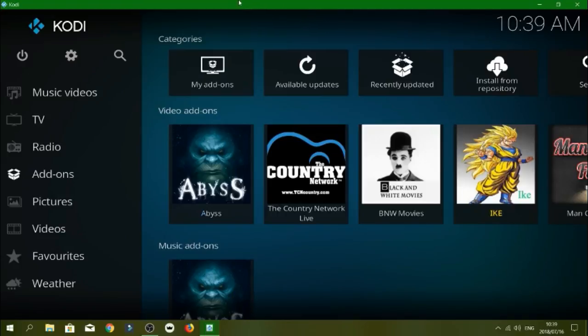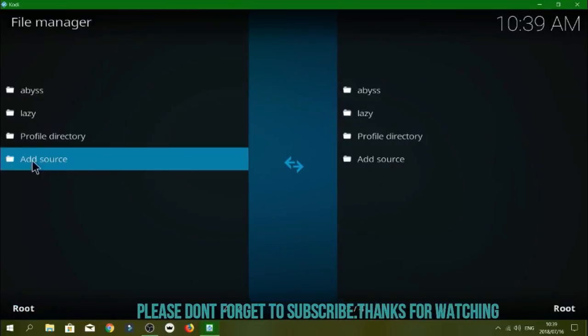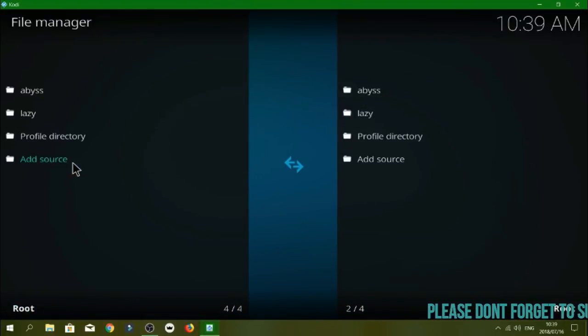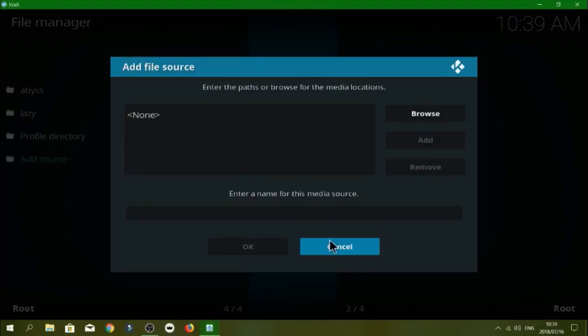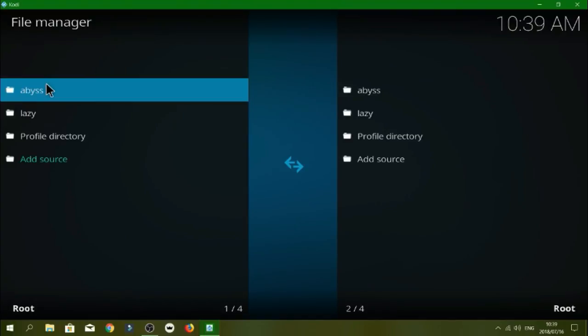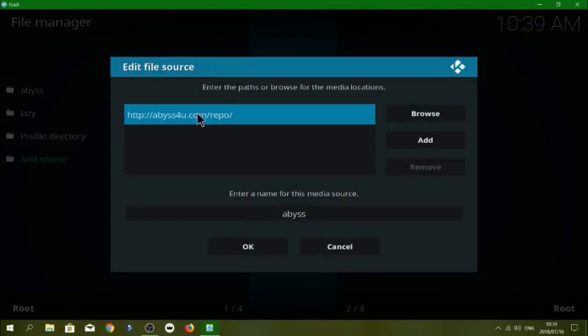So guys, it's quite an easy installation of the add-on. So before I show you the add-on, let's get down to installing it. So you're going to click on settings, file manager, and you're going to click on add source. Guys, where it says none, you're going to enter the source. So I'm going to show you the source that I've entered. So as you see, I'm going to edit source, and there it is guys,